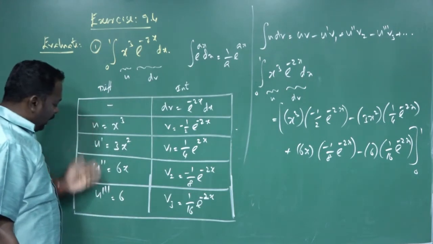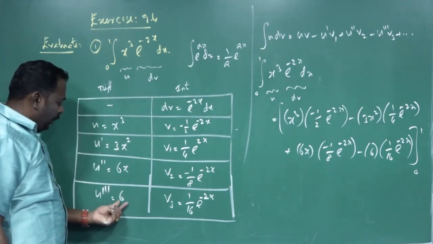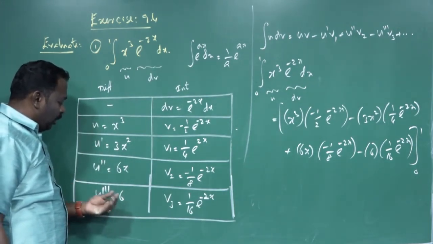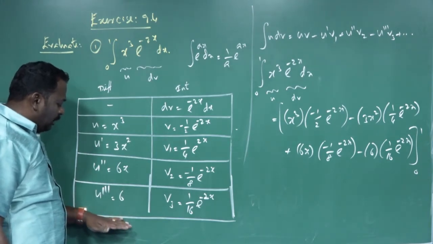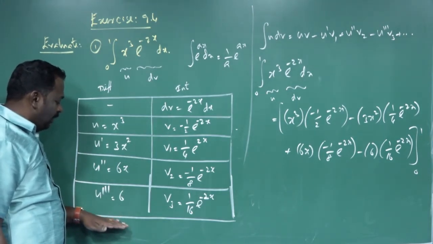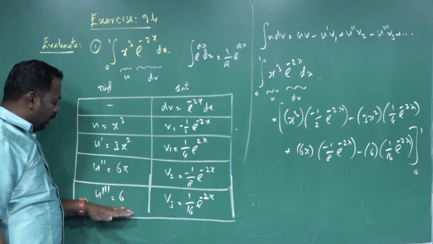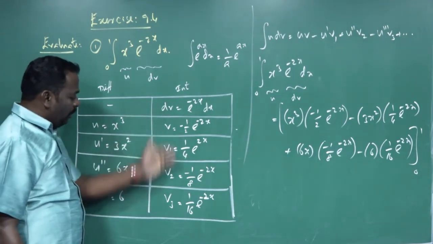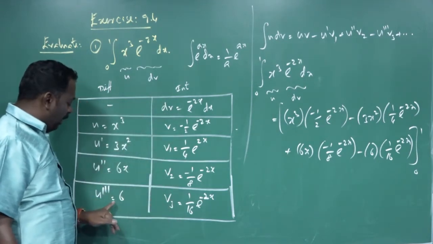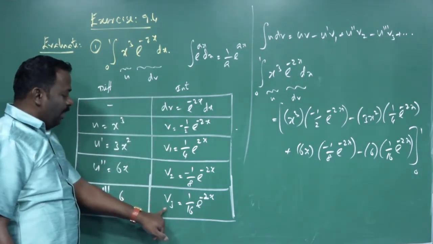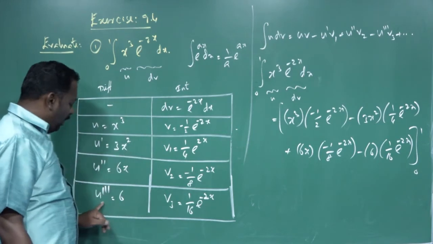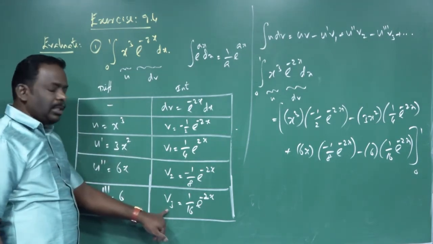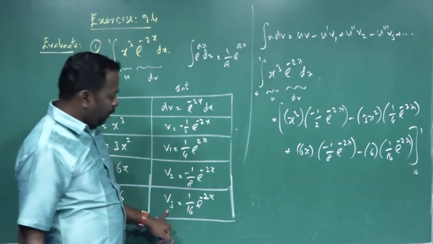In differentiation, when we get a constant term, after that we get a derivative equal to 0, and we stop our differentiation at the constant. When we get a constant term and stop differentiating, we have to do the integration the same number of times. Where we have u double dash, we have to find v3 only. When we get a constant term, the corresponding integration gives the answer.